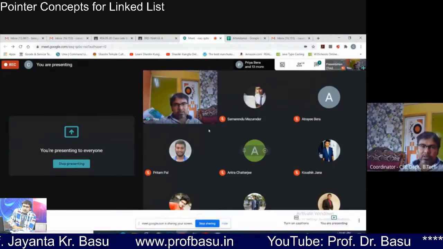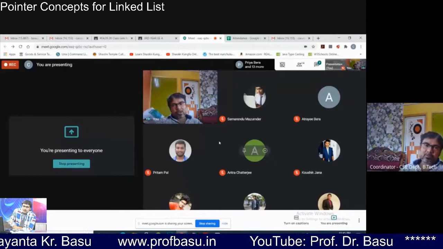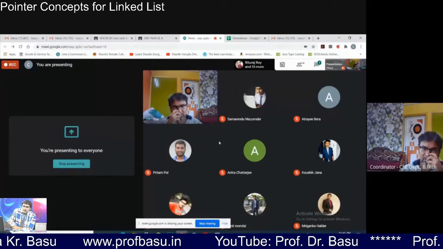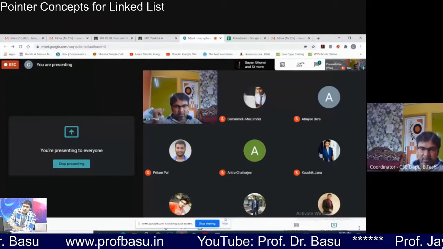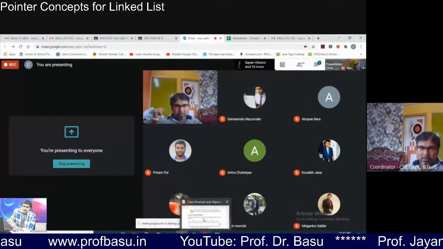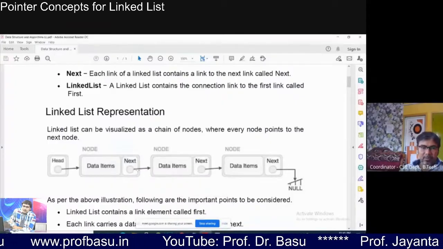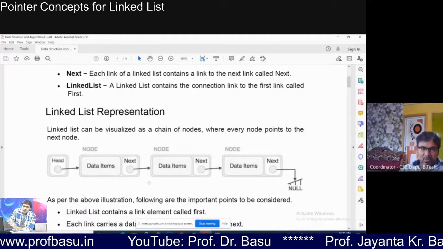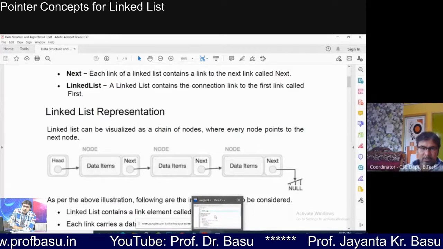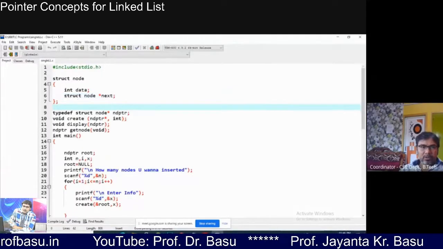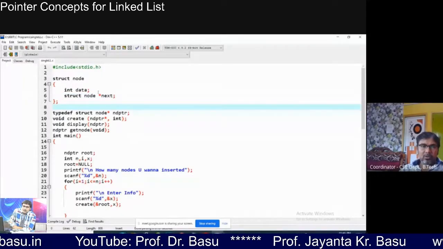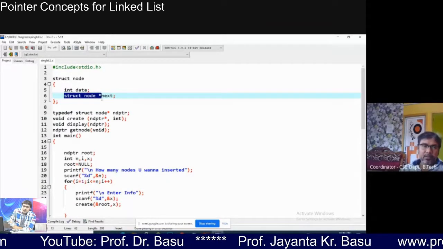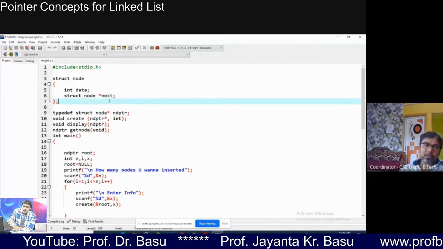So similarly, since this is a structure, I must write the structure name, then star, then the variable name. Here our variable name is next, and the pointer is to a structure, which is node. So I have to write the declaration this way: struct node star. This will be the type of next.